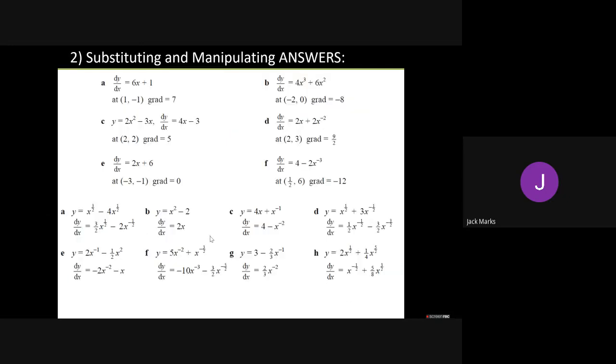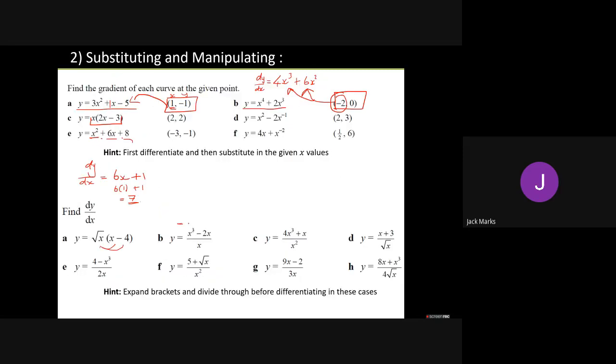Okay, so some answers there on the board to pause and to check. And I will just very quickly talk about this one here. Remember, at A-level a lot, we have to use rules of fractions backwards. x cubed minus 2x over x is the same as